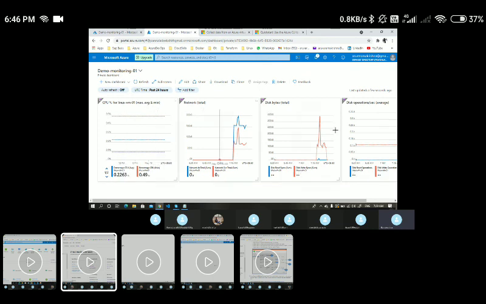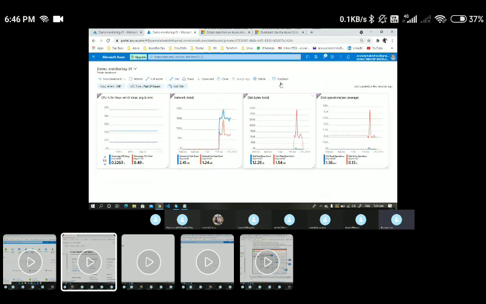Now I have all the metrics in a single tab. Let me minimize my window so that you can see. These are all the metrics related to a single server. Likewise, if I have 20 servers up and running, I can pin those 20 servers' metrics here, one per line, and simply monitor them in a single dashboard. Majorly we look at the CPU utilization. At this moment we have a very minimal CPU percentage, and in the same way we can see network, disk bytes and disk operations.